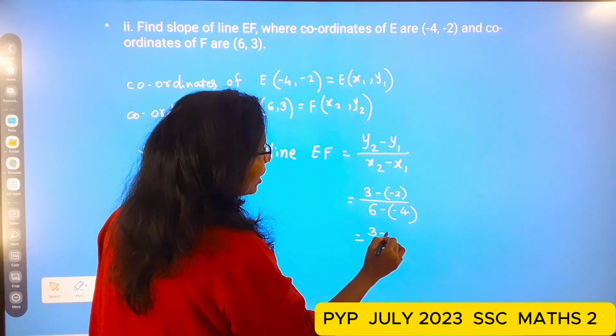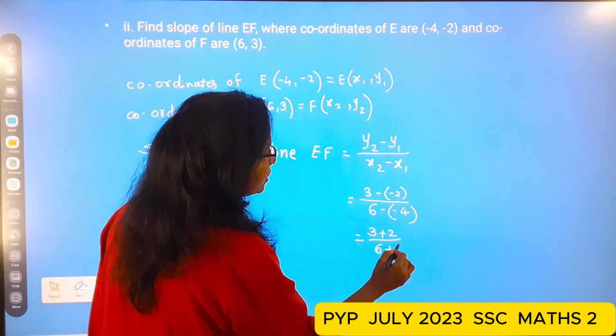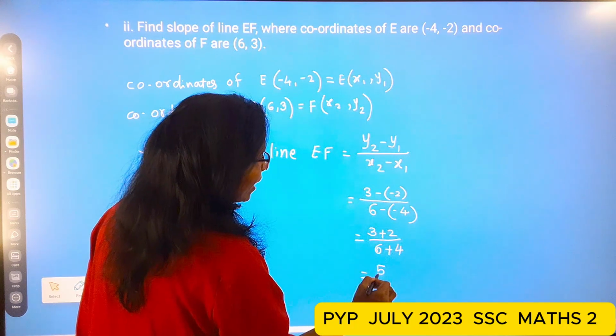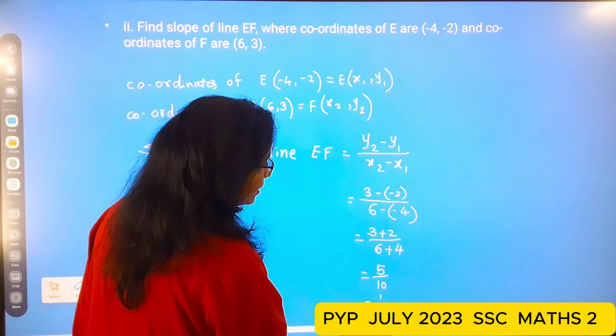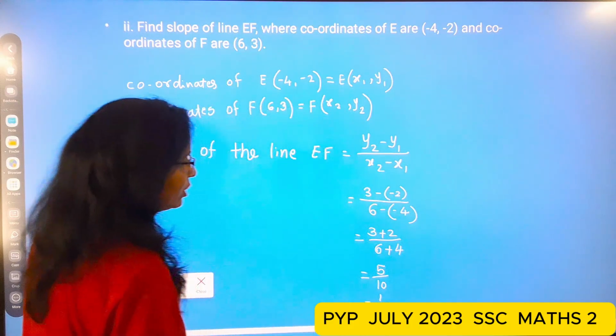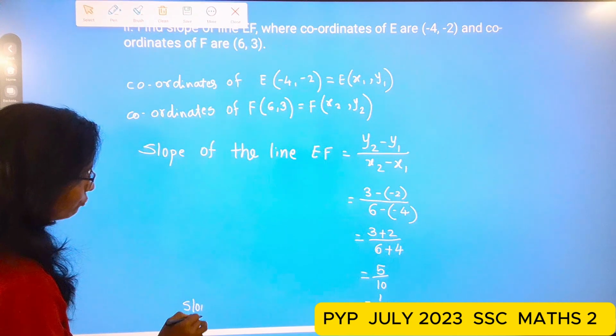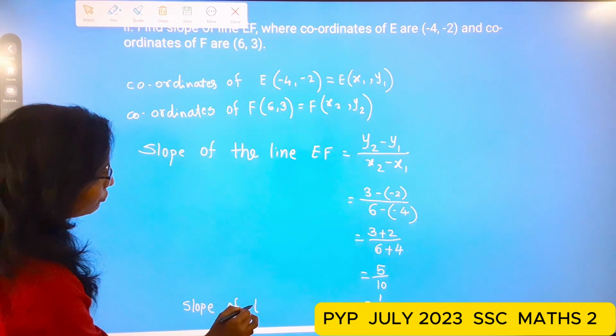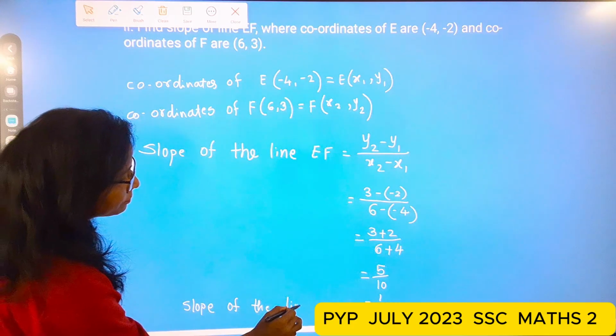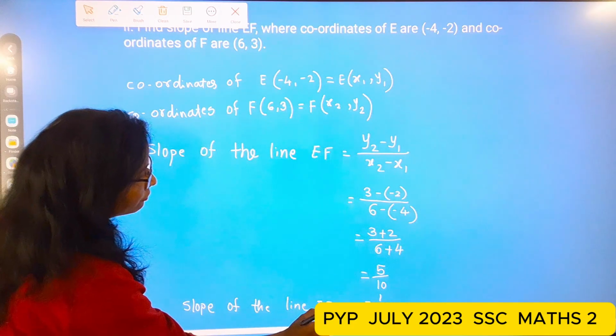So 3 plus 2 divided by 6 plus 4, which is equal to 5 upon 10. That means 5 ones are 5, 5 twos are 10. So now that is our final answer. We write: slope of the line EF is equal to